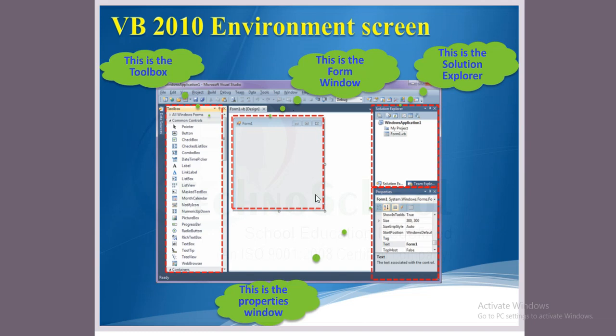At the top right, you'll have the Solution Explorer, and at the bottom, you'll have the Properties window. I hope you're clear with this environment screen. These are the basics of the Visual Basic 2010 environment screen. We'll see in detail in section 2.